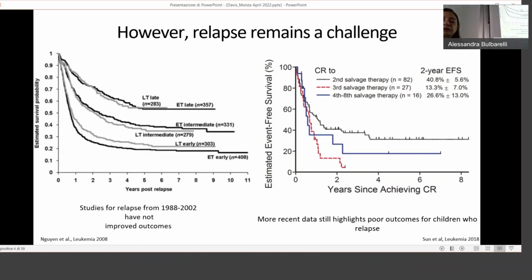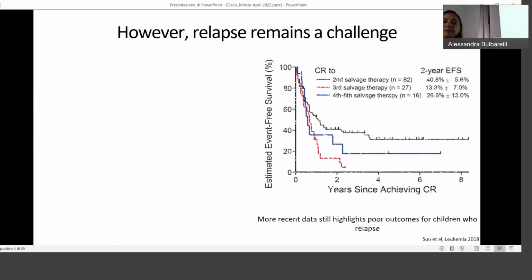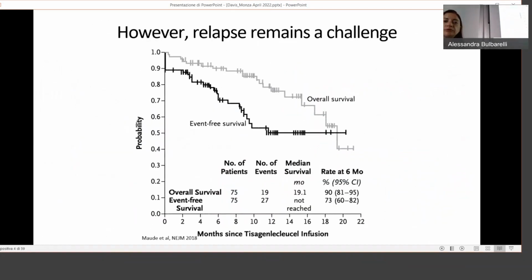And these Kaplan-Meier curves just illustrate studies that were done earlier, in the late 90s, early 2000s, and the lack of progress. And then even more recently, this paper published in 2018 showing survival of patients after relapse. We haven't really made a lot of improvements. But many of you also may know about chimeric antigen receptor T cells, which are really a revolution in the way that we treat many diseases, and there's a lot of promise in many diseases.